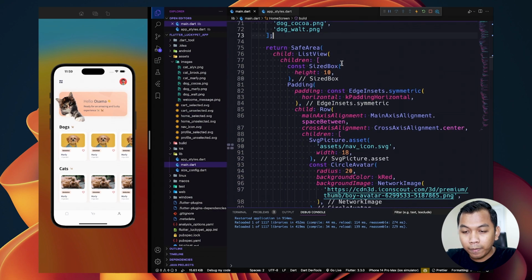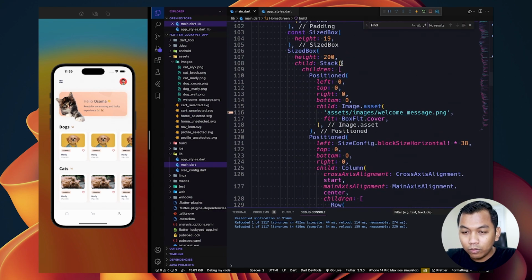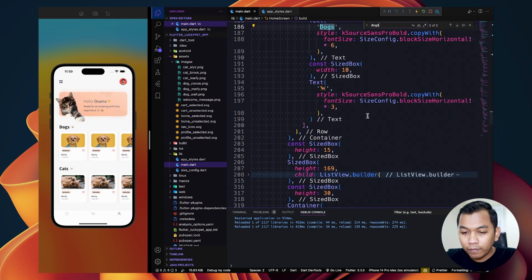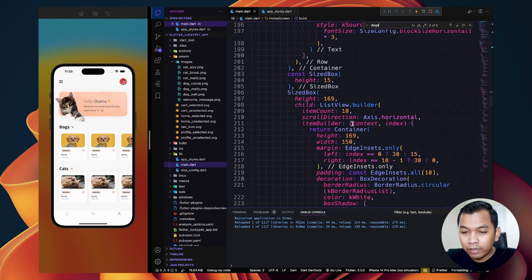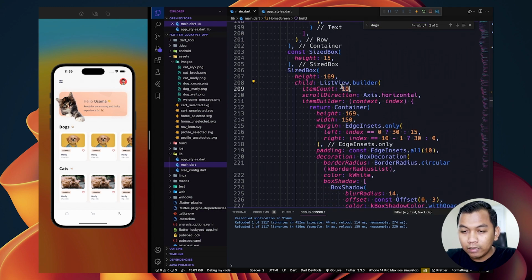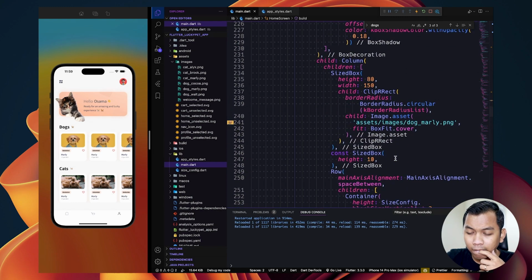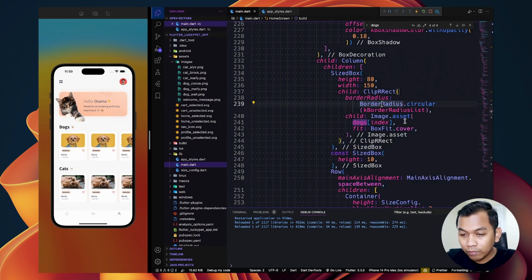And let's go to docs here, and here we can say docs.length, and here we can say docs index. Let's try.